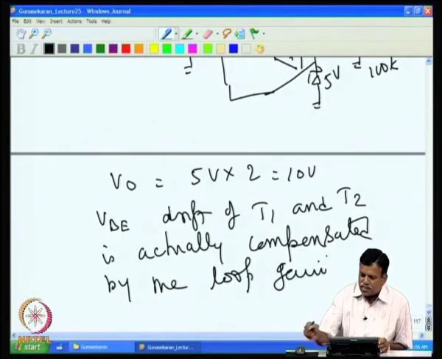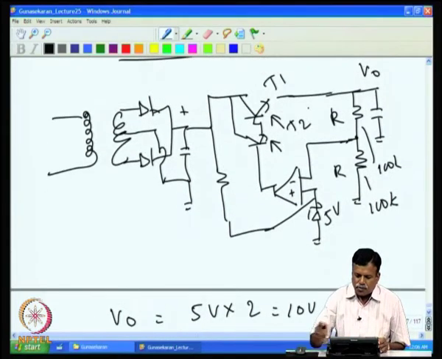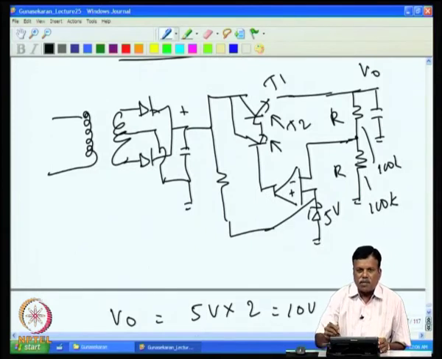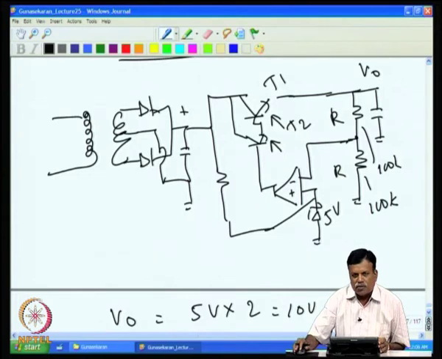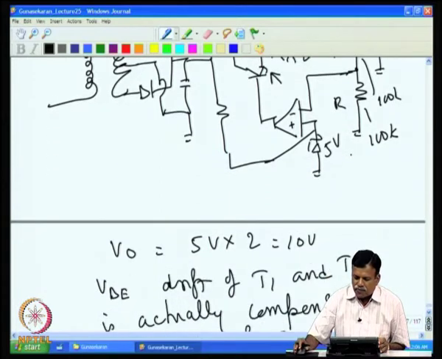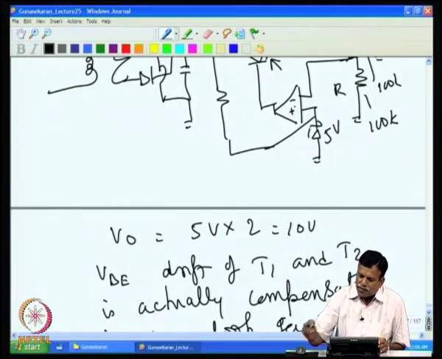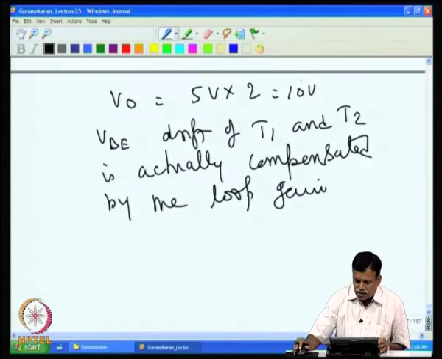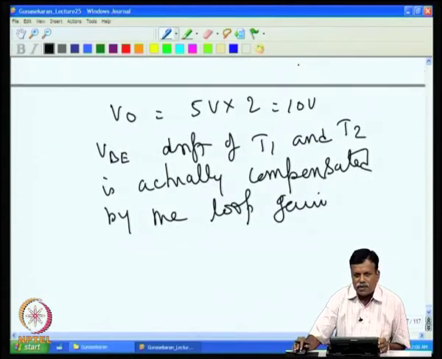The loop gain in this case is the open loop gain of the op amp divided by 2. Since the loop gain is very large, the drift of T1 and T2 has negligible effect on the circuit, because this is a closed loop, whereas the offset voltage drift of the op amp